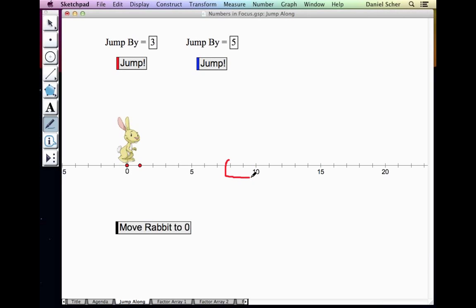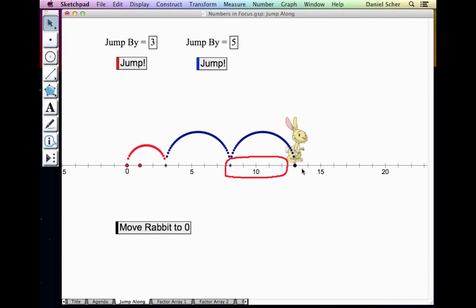What's interesting about this is that knowing that we can reach just these 5 numbers, we can now reason about why it's possible to reach anything greater than 12. And why is that? Well, if our bunny gets to 8, let's get the bunny to 8. Now the bunny can hop by 5, and the bunny reaches 13. If we can get the bunny to 12, which we know we can, let's just do that. Oops, that erased. Sorry. If we can get the bunny to 12,